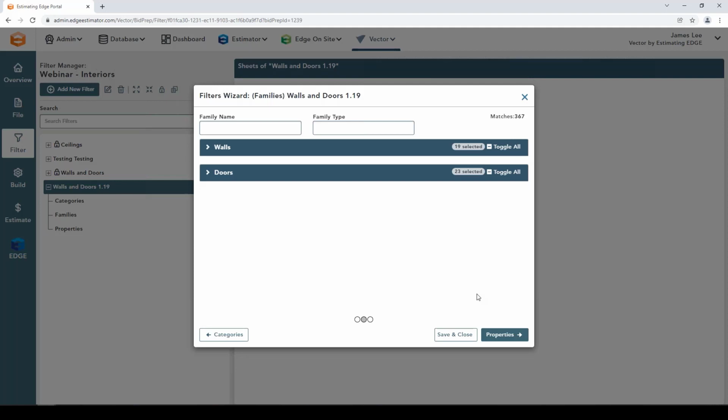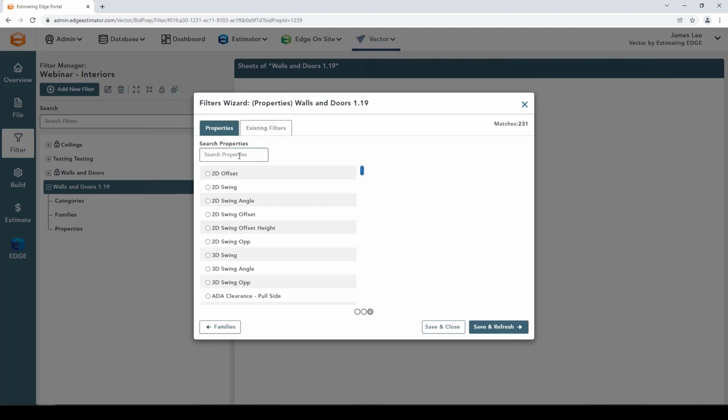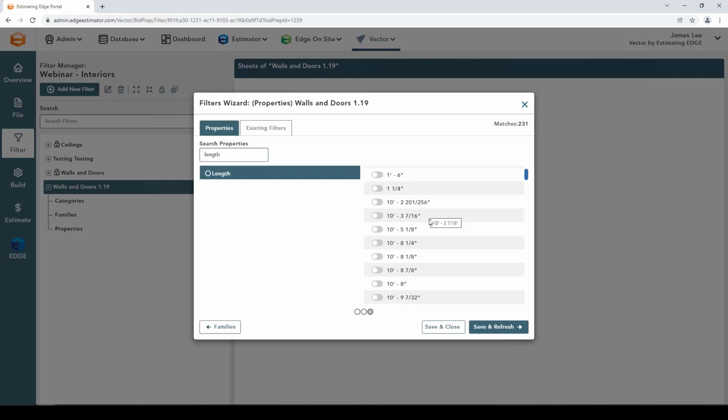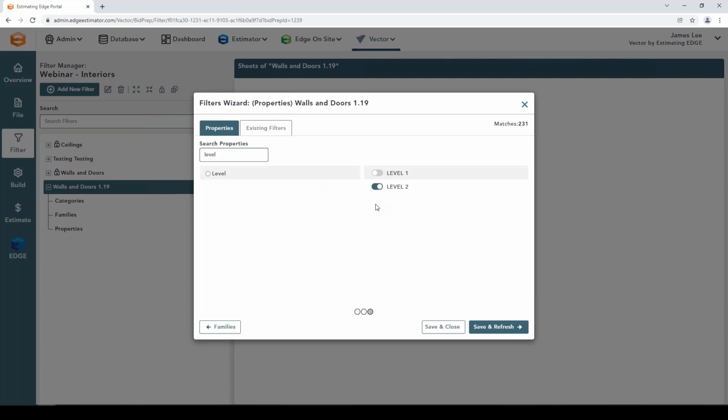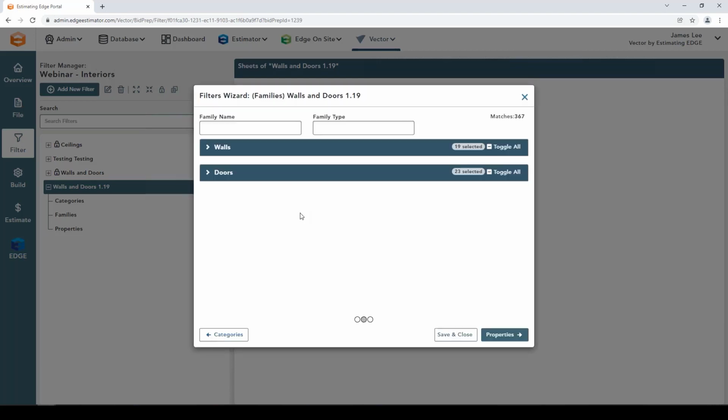filter at a deeper level if you want to, right? And that's called the properties level. So here, as an example, we can search up a property such as length, and we can view all the possible length dimensions for shapes in this model. And we can say, oh, I'd only like to work with shapes of a certain length. Or a more realistic example is if we search up a property of level, I only want shapes on level 2 of the job, okay? So there may be some properties that are useful to you depending on your scope of work. But again, 90% of the time, and what we're gonna do today is just stop at our family level here,